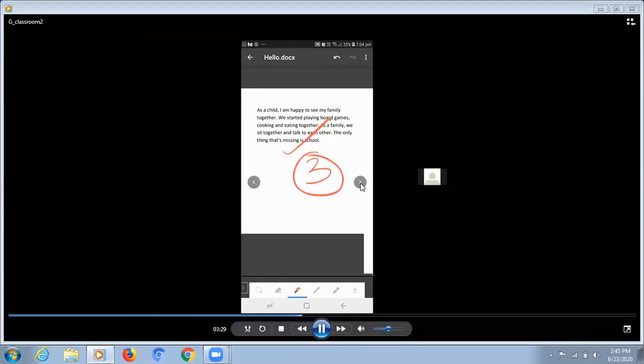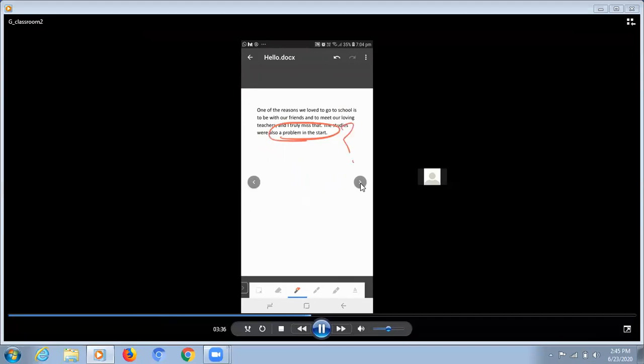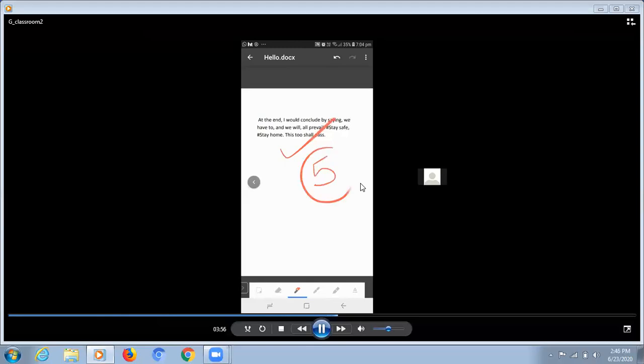So just see that I'm checking the paper. I have highlighted a portion over here, and this is how I'm checking the paper. I can give the remarks also. This is the last page of the answer sheet. And you can see above that there are 3 dots over here. So you will click on these 3 dots and you will click on the save option.